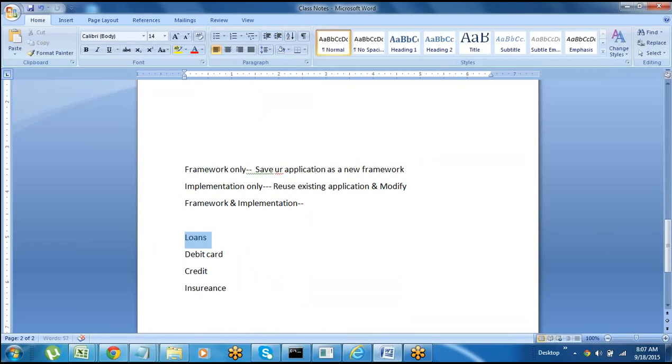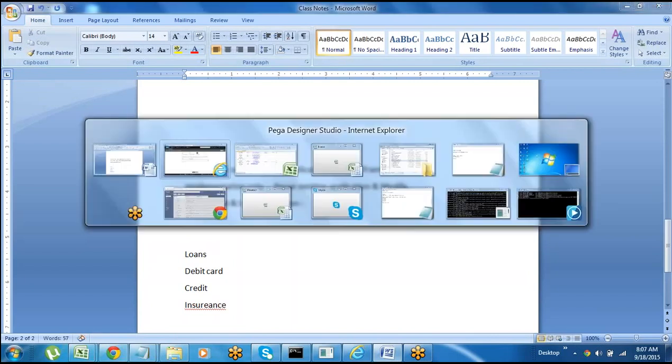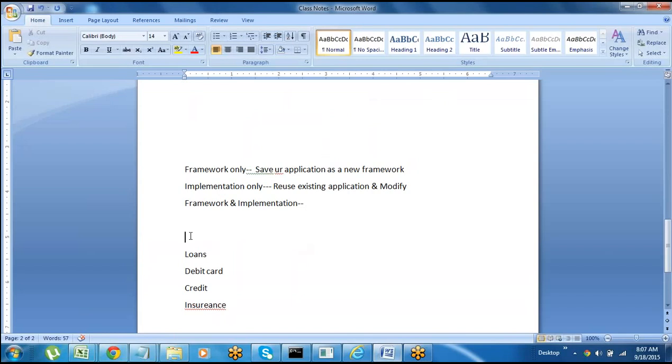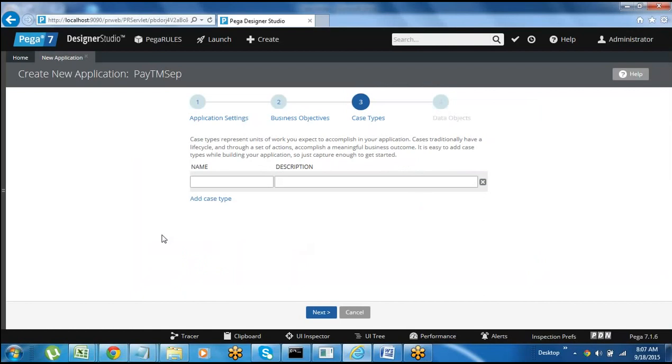Actually, before starting this application, they will be working for 3 to 4 months gathering the business requirements from the client. So first of all they will not start this. Before creating this, they will gather all the business requirements. They'll have total information: what is the main application, under which layer they need to build, and what are the different types of modules. At the application level only they will give all this information.